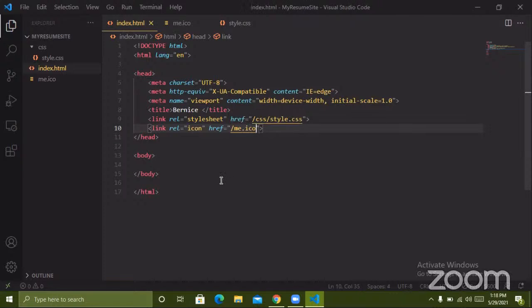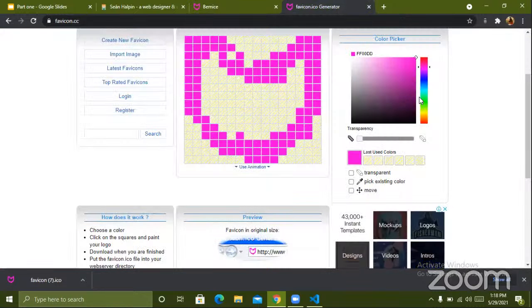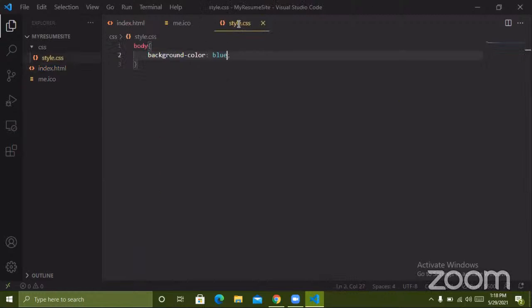Okay. So I can just save and then refresh to see. So now I can see what I just downloaded there. It can be anything. It can be a nice image, or you can take your time and design anything you want here. For now, I'm just using this. Since the body is working, I mean, the CSS is linked, I can just get rid of the CSS color I made there just to